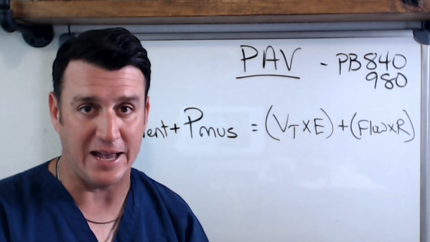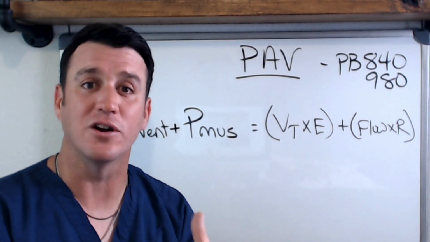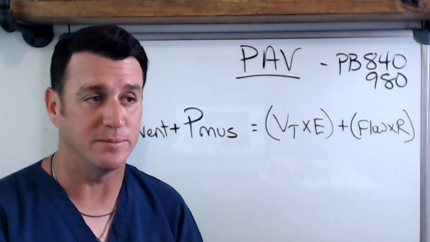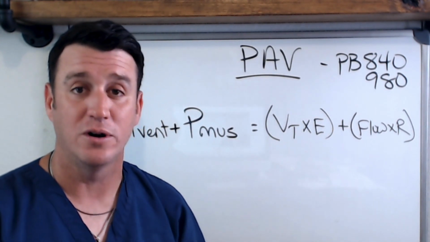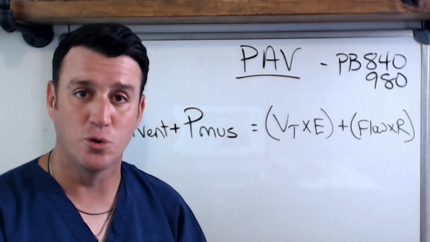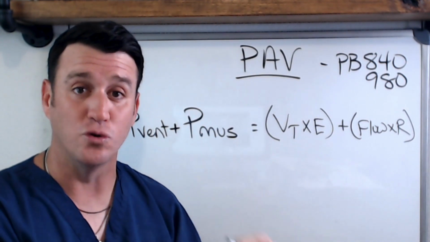Now, here it goes. If compliance goes down, say with ARDS, then your elastance goes up. Those lungs become stiffer. They don't want to expand. When they are forced to expand, they recoil back to baseline much quicker than normal lungs with normal compliance and